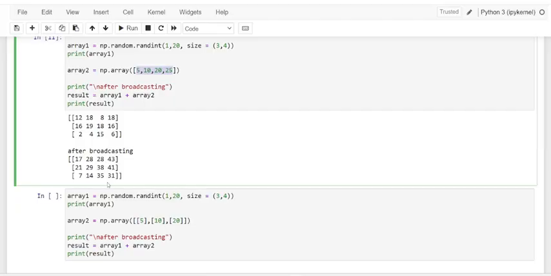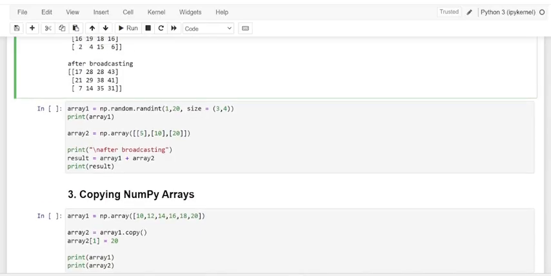See here, dear friends. Here we are going to make use of an array, and the first array is going to have the same thing, random integers with values from 1 to 20, and the size of the array is 3 into 4, that is 3 rows and 4 columns, which is added to another array with 3 rows and 1 column.